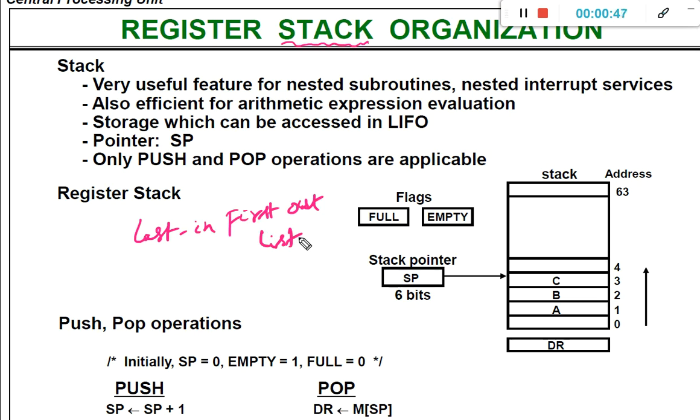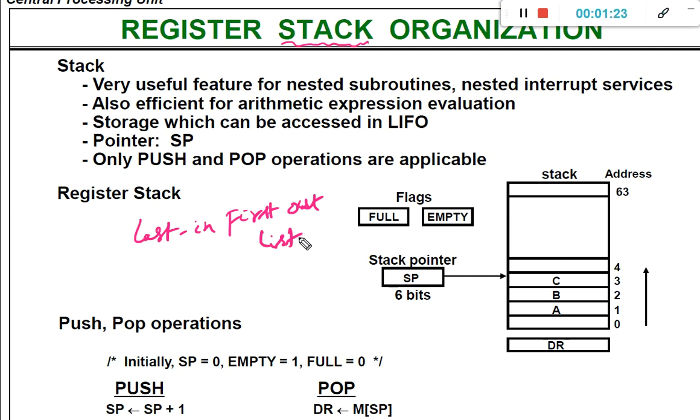There you find the definition for the stack, and in the case of the computer system, we are going to use a hardware stack. In data structures, we learn about the stack concept as a software implementation, whereas in computer organization, inside the computer system, we use the stack as a hardware component.